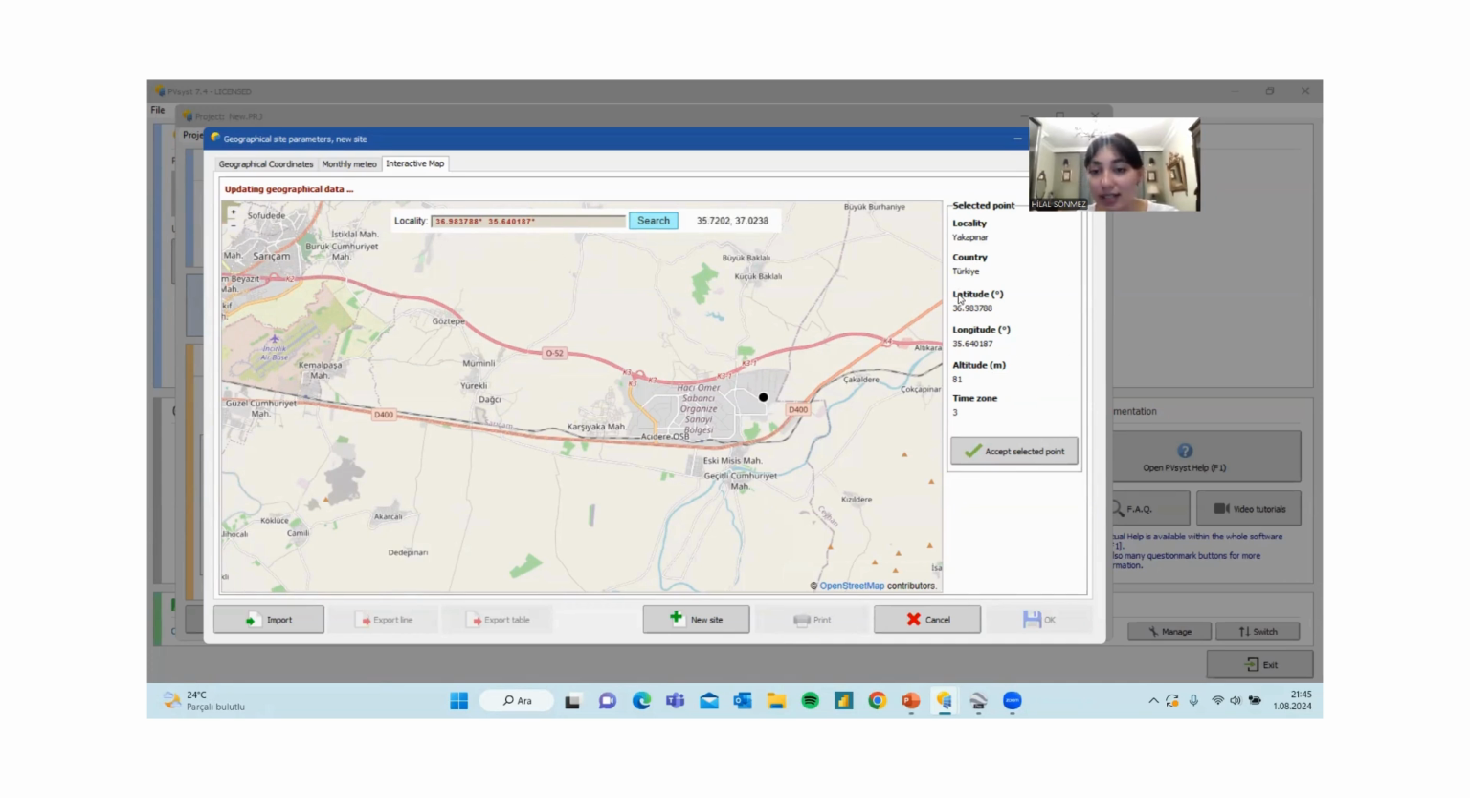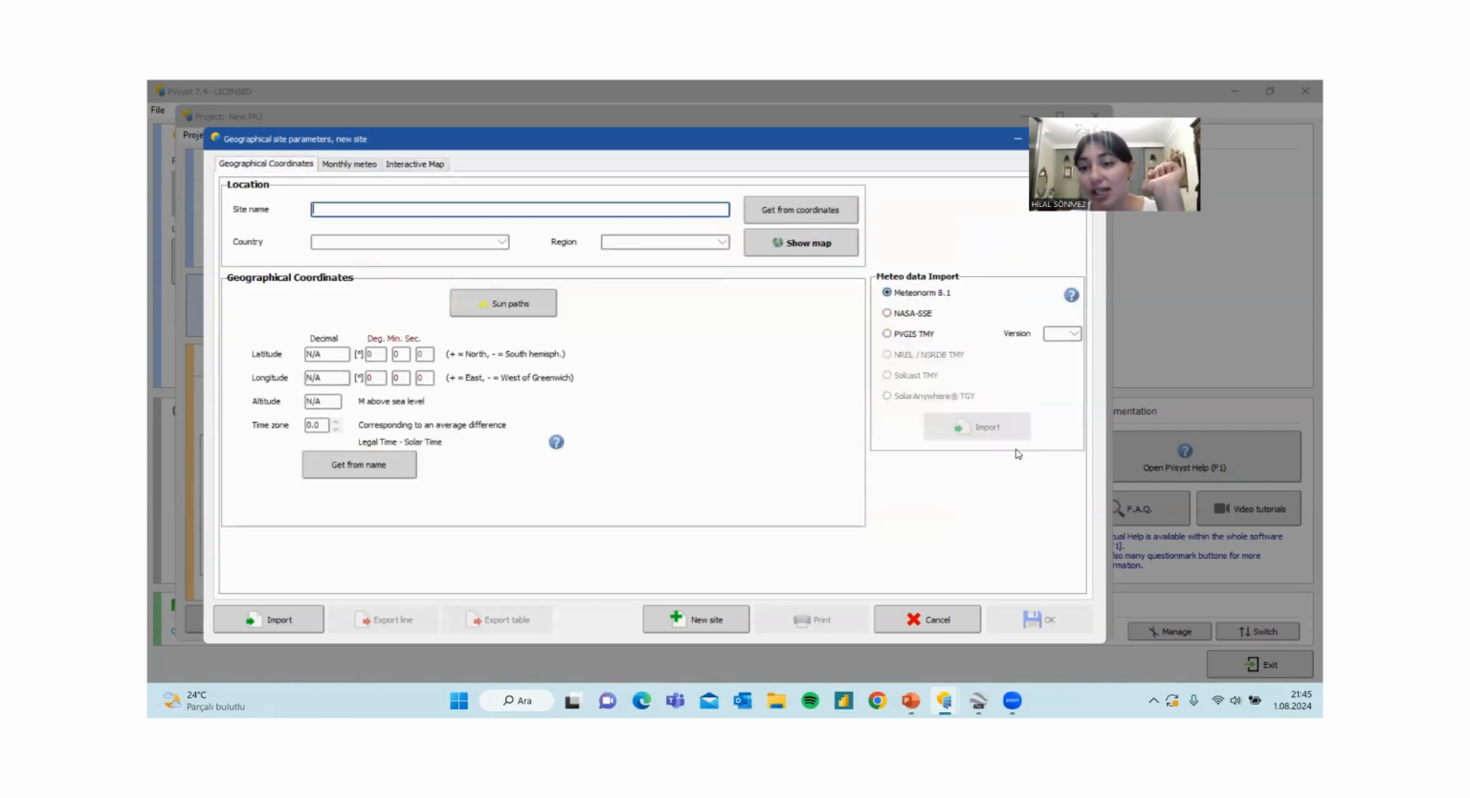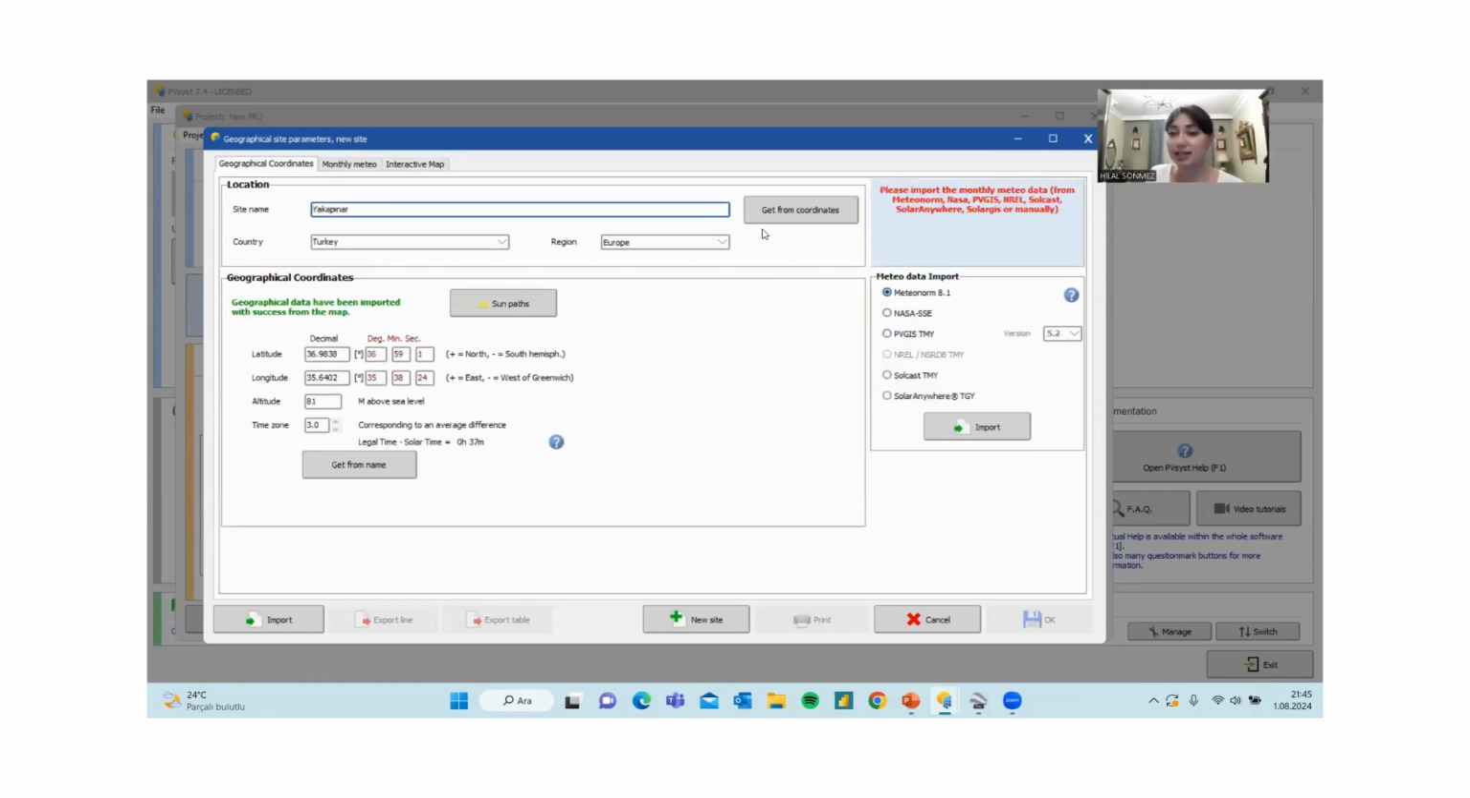This latitude detail, 36.98 and so on, and the longitude detail, 35.64 and so on, is exactly matching the latitude and longitude of the locality section. After verifying it, it is just for verification, I can click accept selected point. After that, as you can see, it says please import the monthly meteo data from Meteonorm or NASA or PVsyst